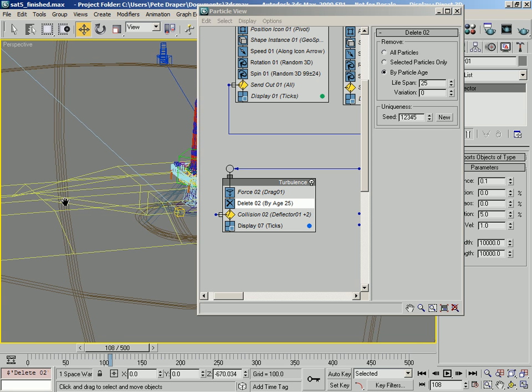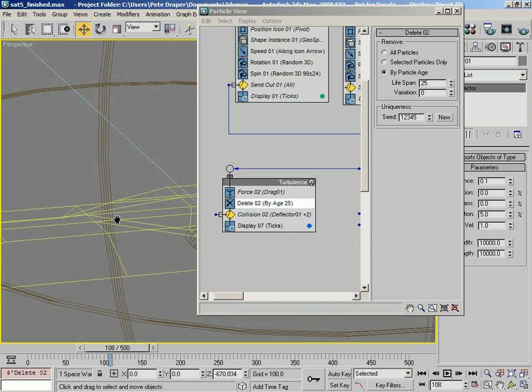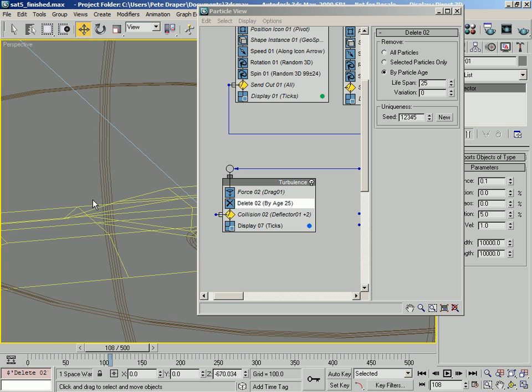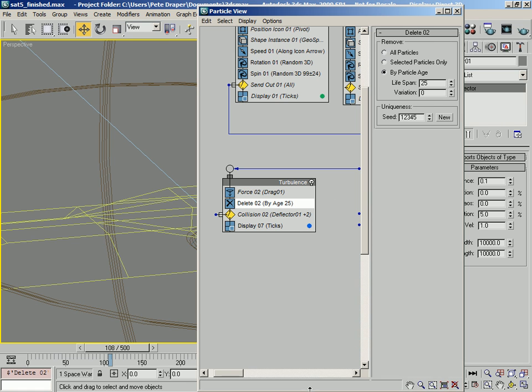Now we don't want to have them linger, there's no point, otherwise it's just going to be constantly affecting. We just want this initial burst just to send them out the way to create this bulbous effect here. So we only need them for about the length of about a frame or something like that. Okay, so next thing we want to do is we want to start creating the main